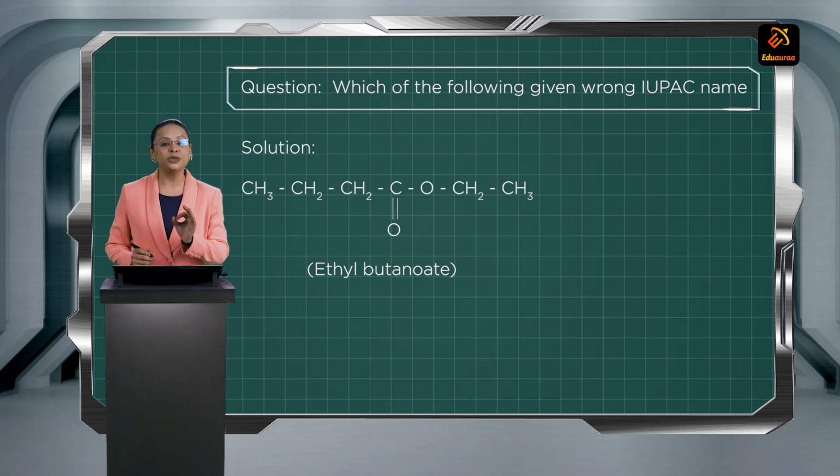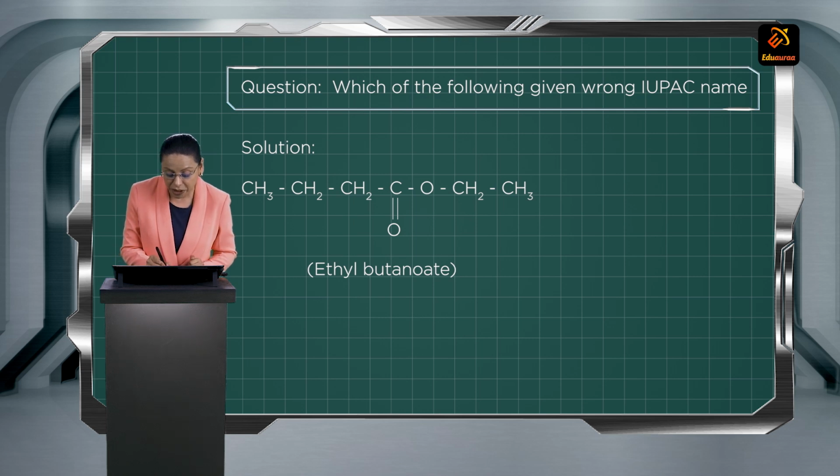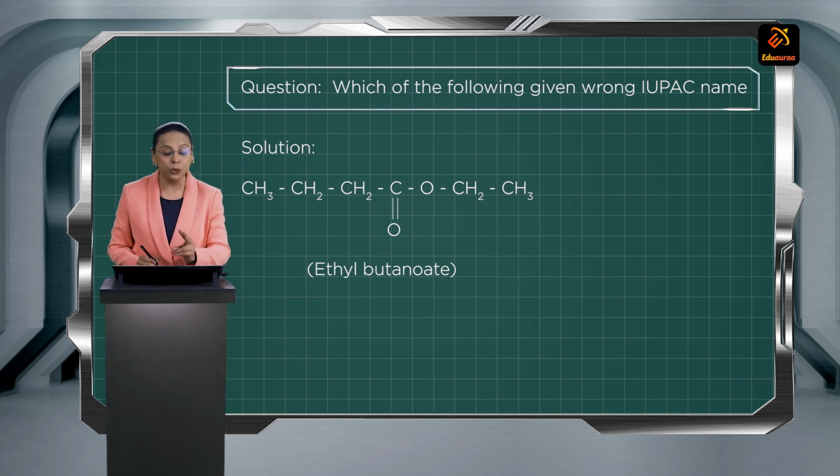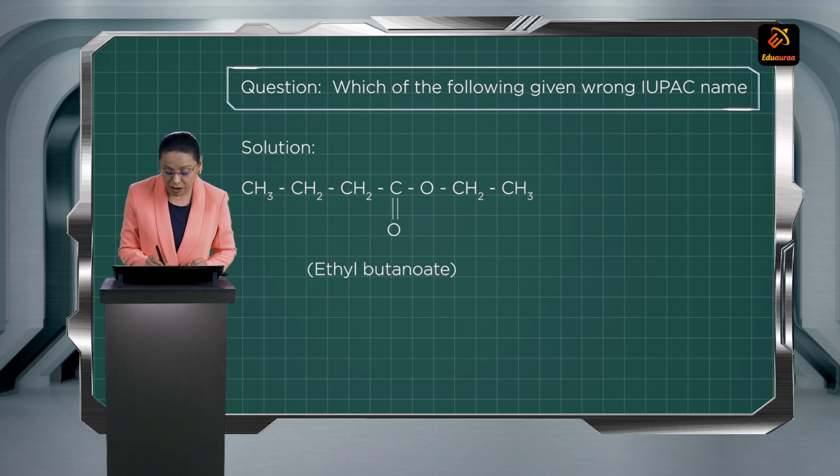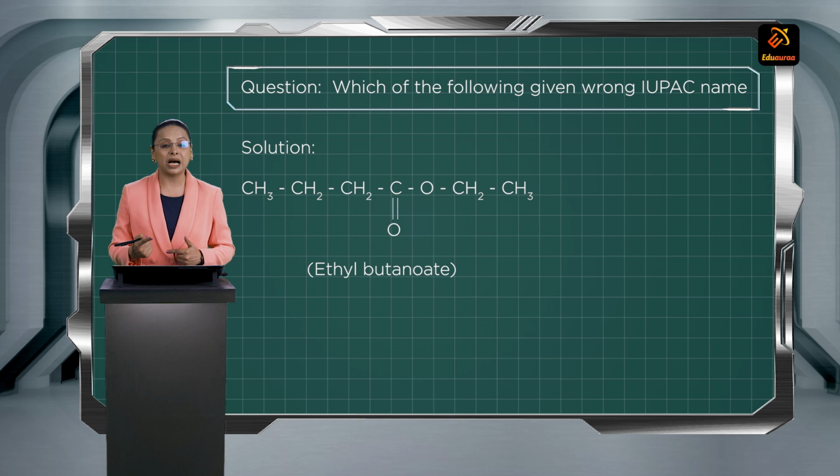But is this correct? No, this is incorrect. Why is this incorrect? Because yes, I have chosen the longest chain and that is but. But students, do you realize the numbering is always started from that carbon from where the functional group is the nearest? If I start the numbering from here, my functional group OH is getting a number of 2. But if I start the numbering from here, my functional group is getting a number of 3, which is unacceptable. So the correct answer should have been 2-ol, and at the 3 position, we will have methyl. So the correct name will be